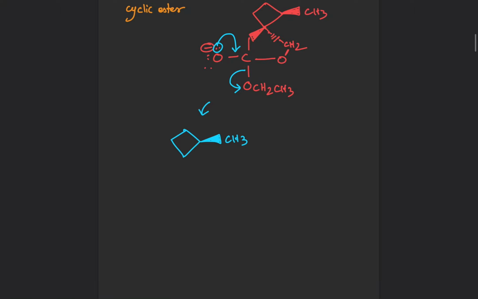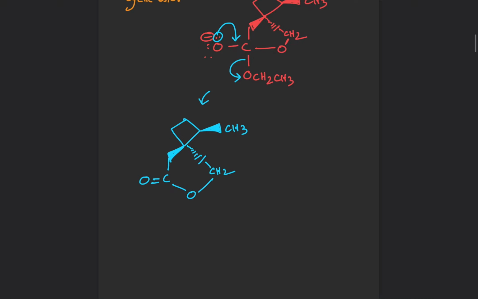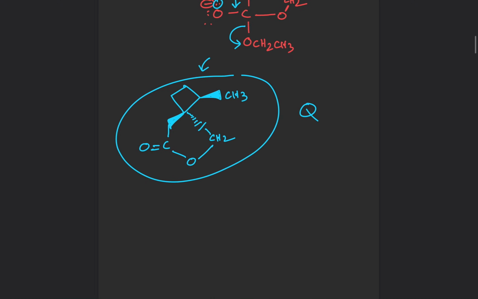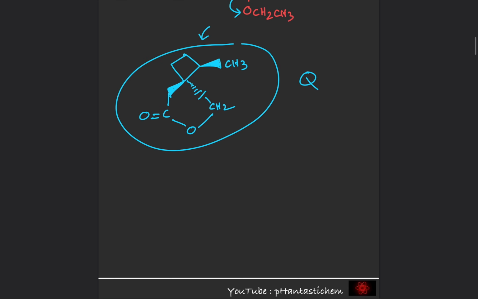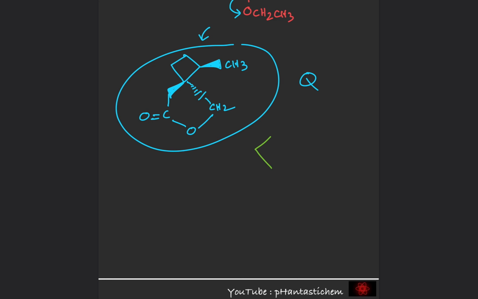CH3 C double bond O, O, CH2 O. Okay, and this guy is our Q. So to determine the relation between P and Q, let's look at them again. So we know what Q is. I will draw the structure of P again to compare. Okay, so P is